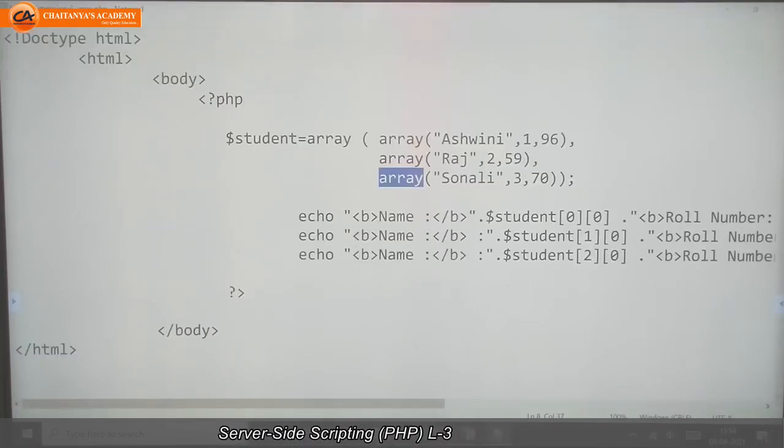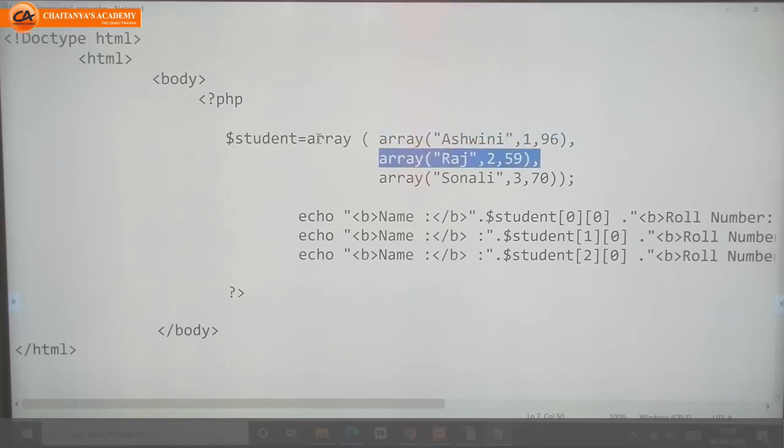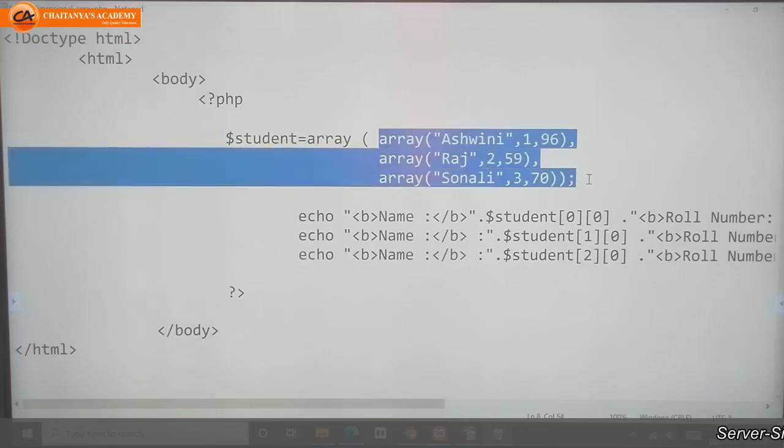What I did here, I passed only the values, which means each value of this array is one simple indexed array. The second array is also a value of this array, which means our one variable contains multiple arrays.